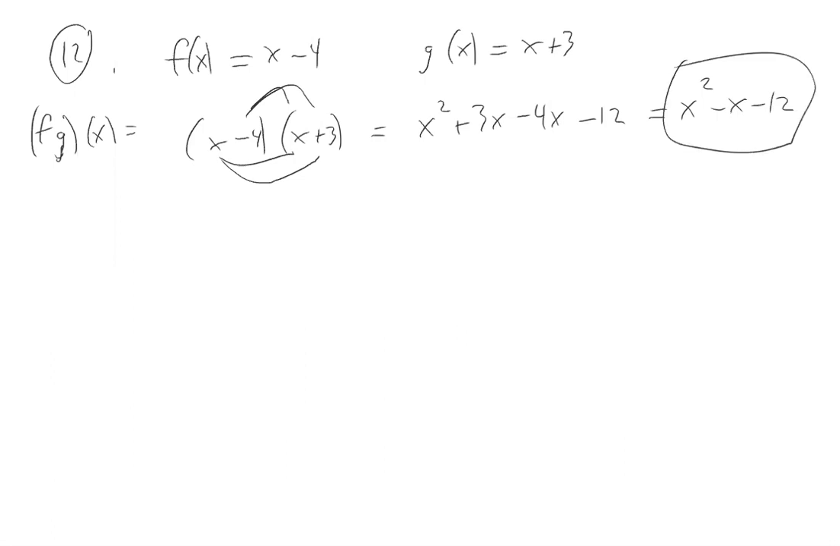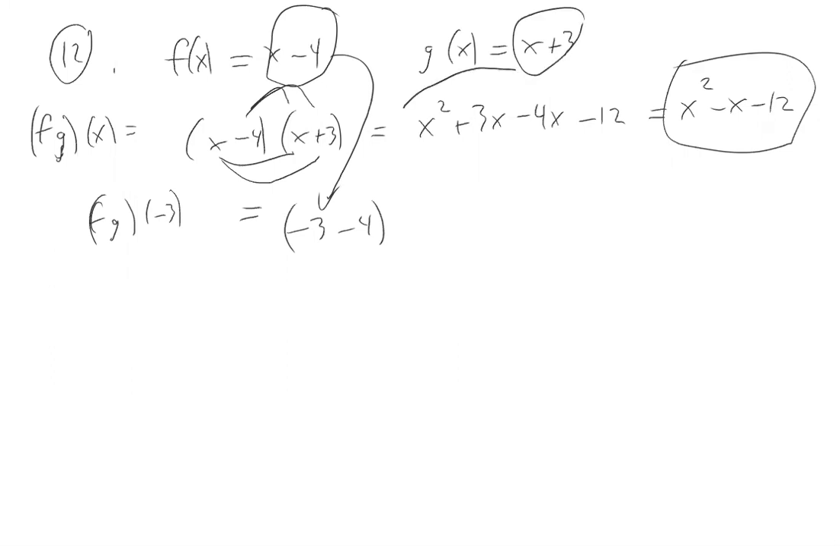Then it also wants to find what's fg of negative 3. So the best way to do that is to plug in negative 3 into this. If you plug in negative 3 into f, you get that. Then also plug negative 3 into g. If you plug negative 3 into g, you'll get negative 3 plus 3, which negative 3 minus 4 is negative 7. And then negative 3 plus 3 is 0, so you get negative 7 times 0, which is equal to